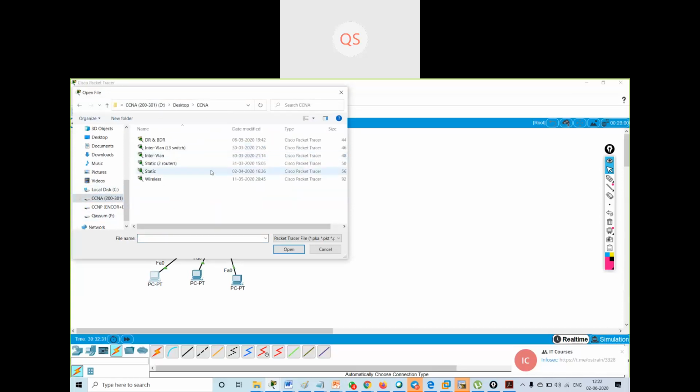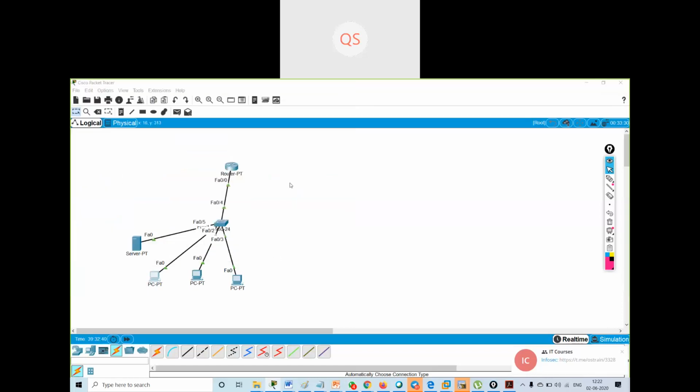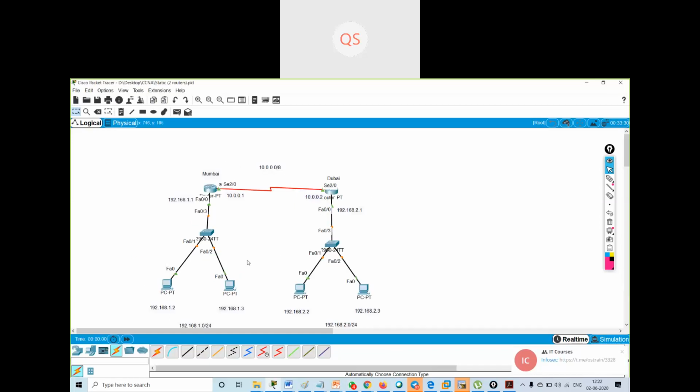The configuration. Or I can take this example. I've already given the IP addresses, so I have to change the IP addresses over here.